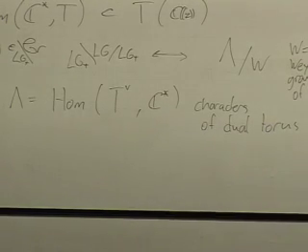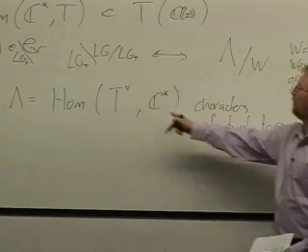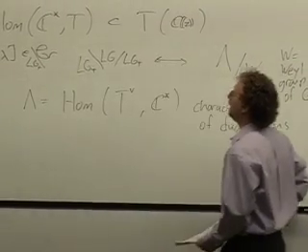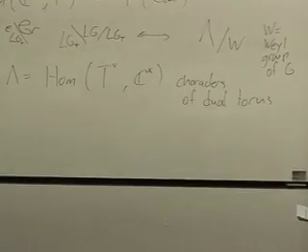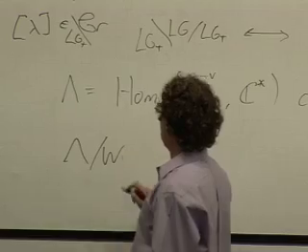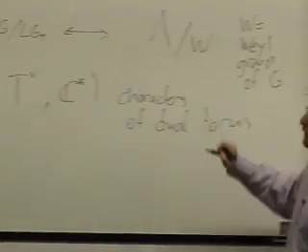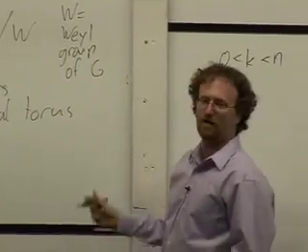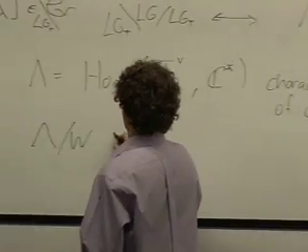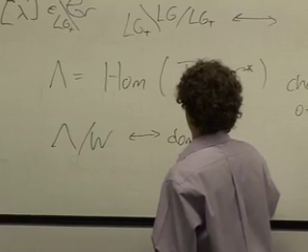So we take a torus whose characters, the homomorphisms to C star, are exactly given by the co-characters of my original torus. So this defines a new torus. So now what is lambda mod W? Well, we have a torus, and we're looking at characters of this torus up to a Weyl group. So we can think of these as dominant characters,